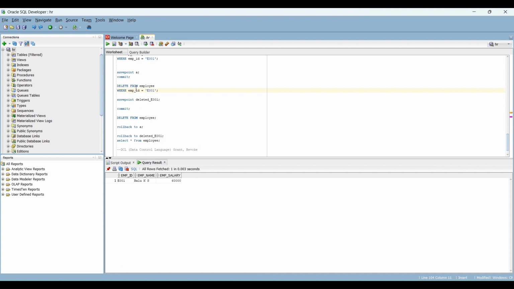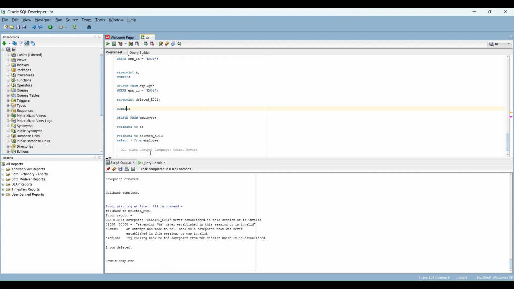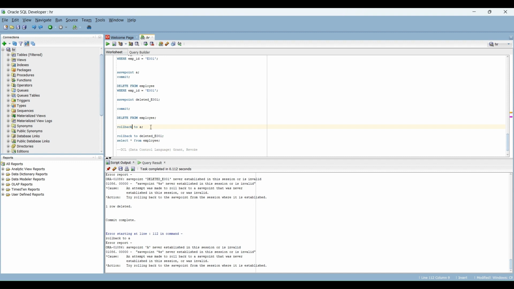I'll delete this once again and I'll commit. Commit completed. Now, if I try to go back to save point A, I cannot because that save point has been removed